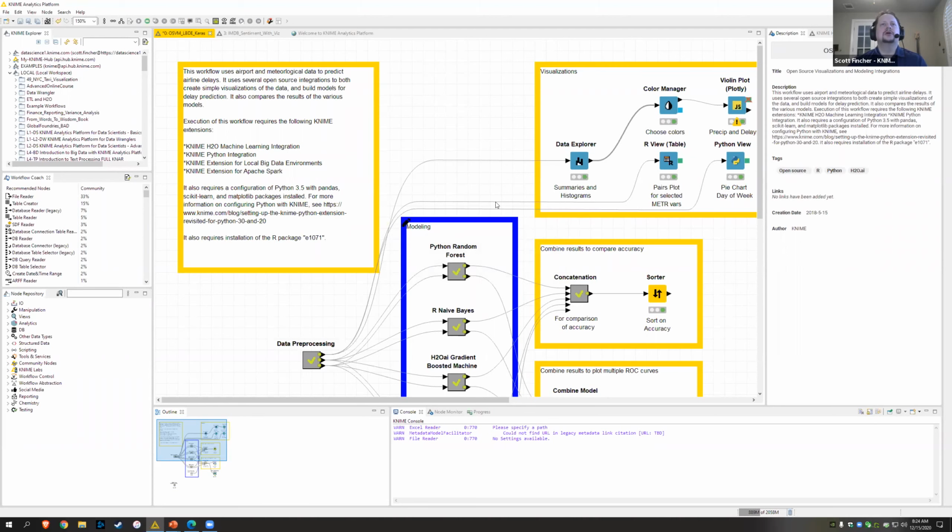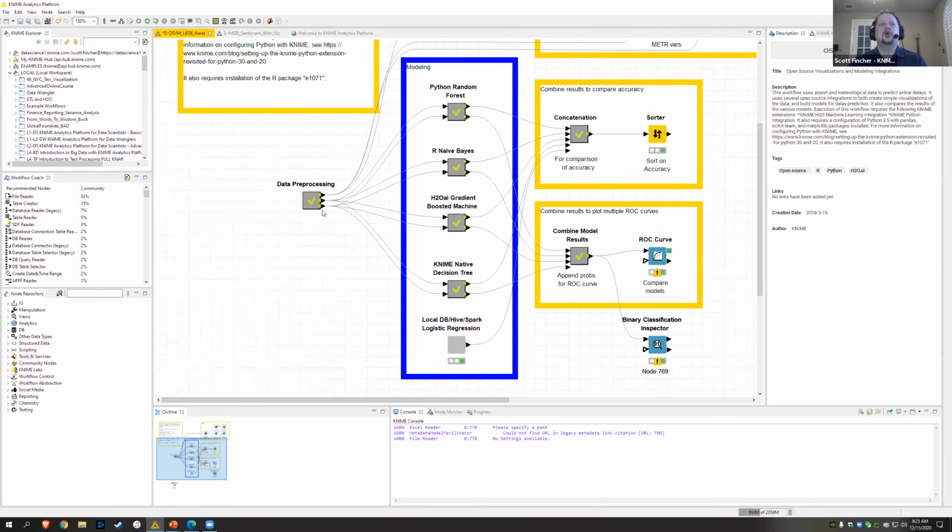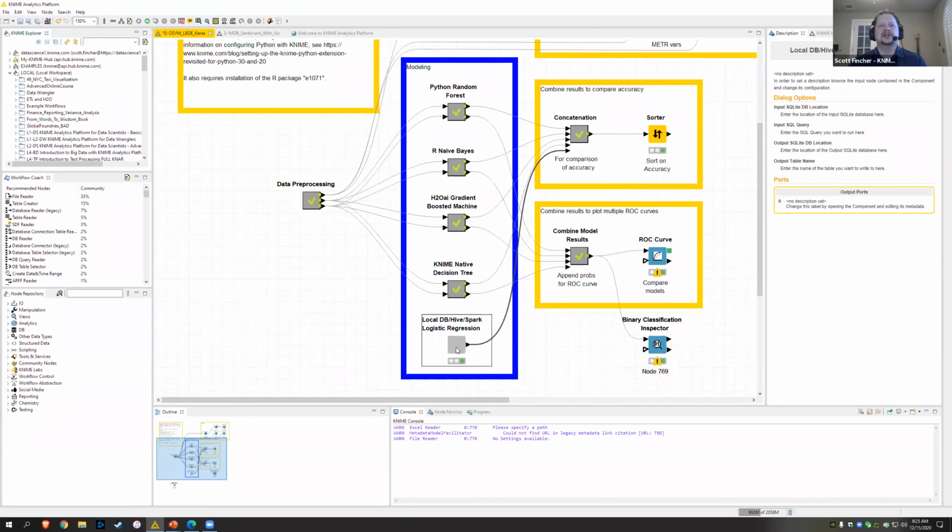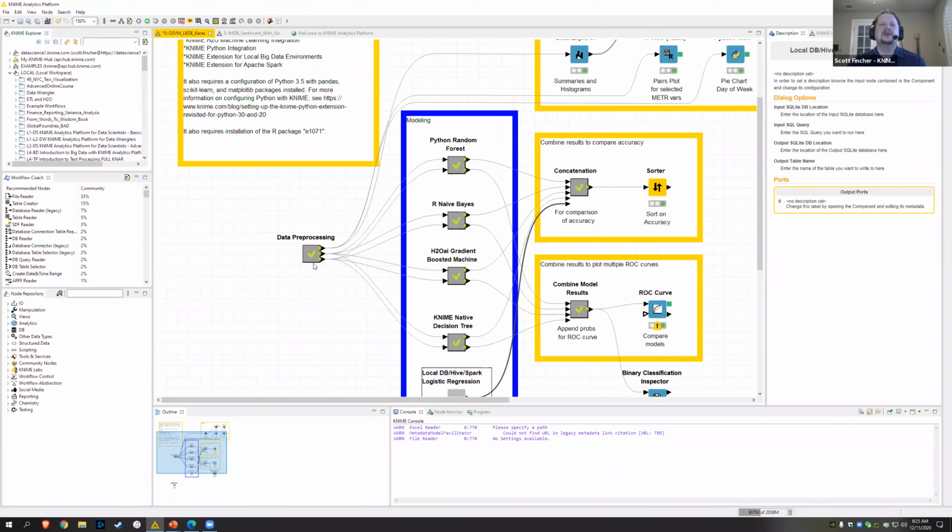Okay, so we see all these different annotations, and that's great. We see also these gray boxes here. So I talked about a component before. There's actually a component down here at the bottom. We also have something called a meta node, which is what these gray boxes are. Probably don't have time today to get into the difference between meta nodes and components. We do that in some of our training courses. For the time being, you can kind of think of metanodes and components as being the same,